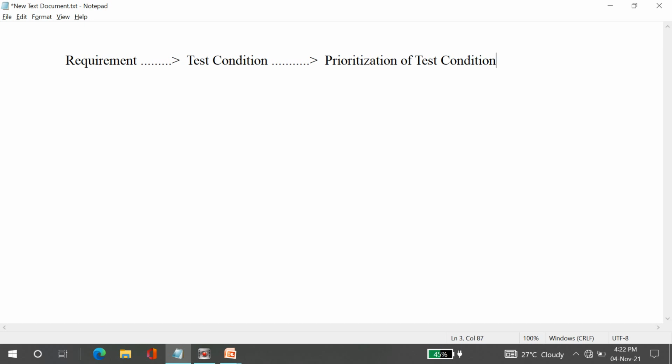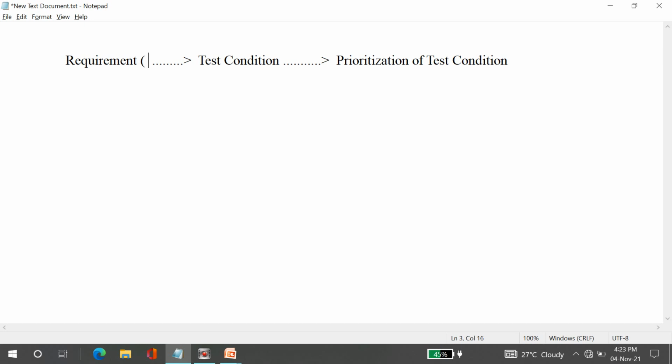Here you may get a doubt, how to prioritize the test condition. See now, you come back in the flow. For this test condition we are prioritizing, for what is this test condition designed? For this requirement. After designing the test condition you have to prioritize. Each and every requirement will have prioritization in the document.